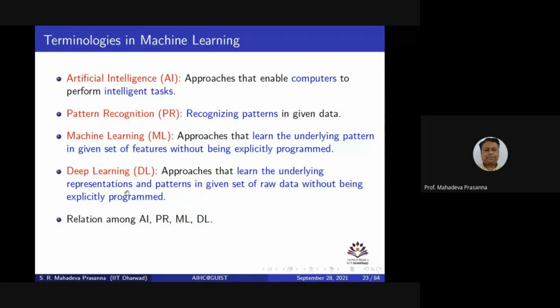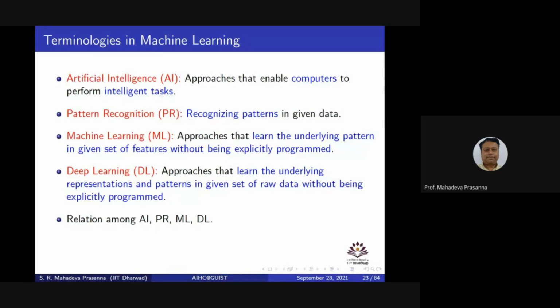Even it is doing more. It is discovering the underlying representations also. So it is doing more. So in that way, people also treat deep learning as a part of machine learning only. It is a specialized field of machine learning. That is why they now discriminate this field of machine learning as machine learning based on deep learning